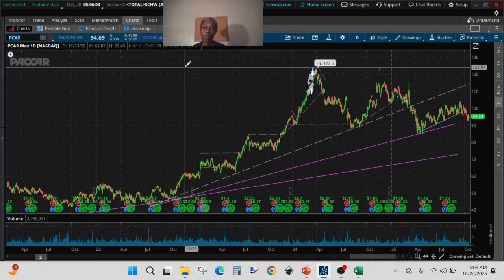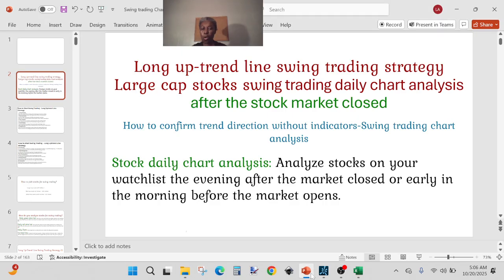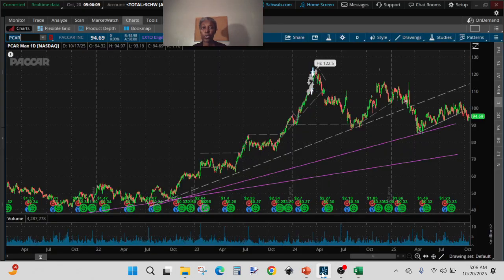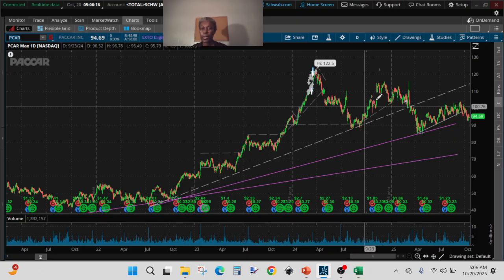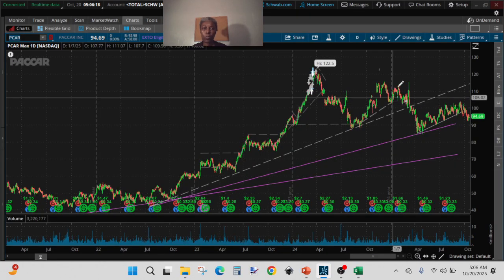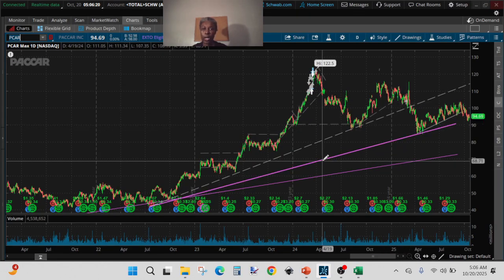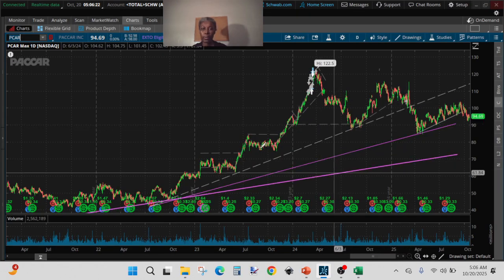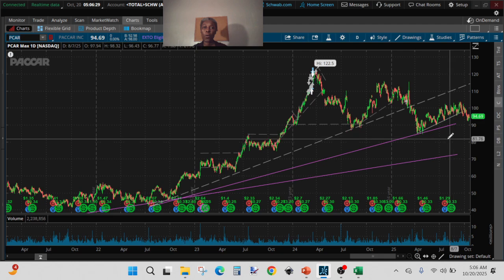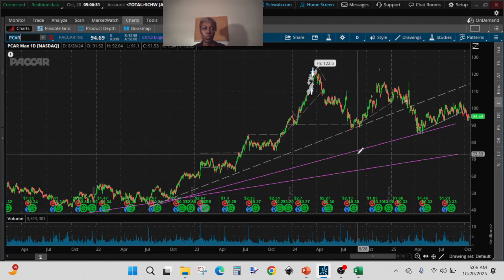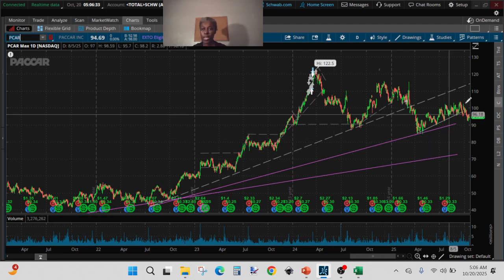So how do I confirm a trend direction without indicator? As you are looking at the chart, I do not have any indicator or moving averages on the chart. I just use support lines on it. For our long uptrend swing trading strategy, to confirm a trend direction, when you are looking at PCAR, for instance,